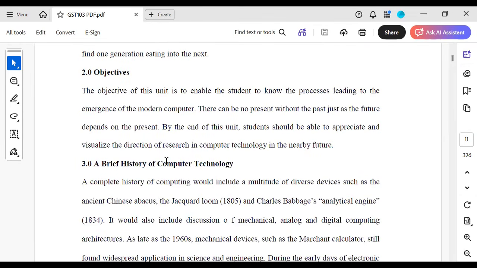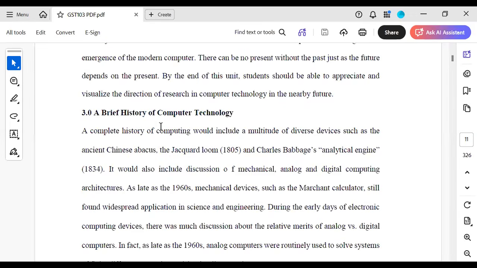First of all, after this class, you should be able to know how many generations of computer we have, what are the main things used in the first generation, the main things used in the second generation to power them, to make them work effectively. Then the third generation, the fourth generation, and the fifth generation. Most importantly, I want you to know what they use in the first generation and fifth generation, because those are the things they dwell on in the exam. But let's not waste time.